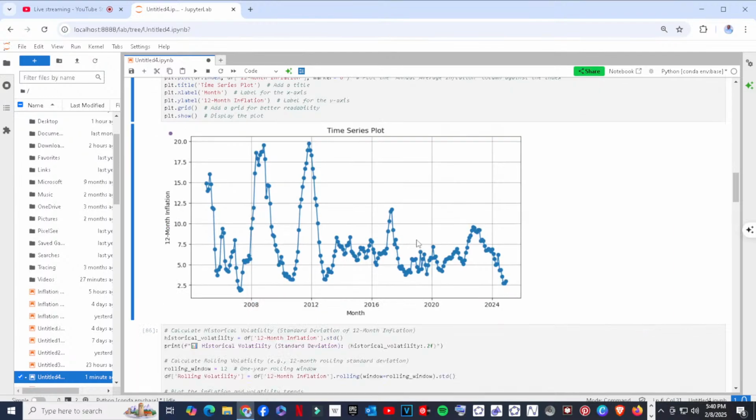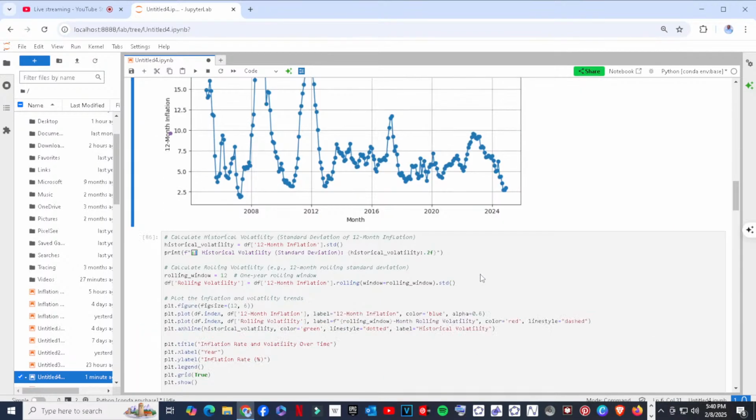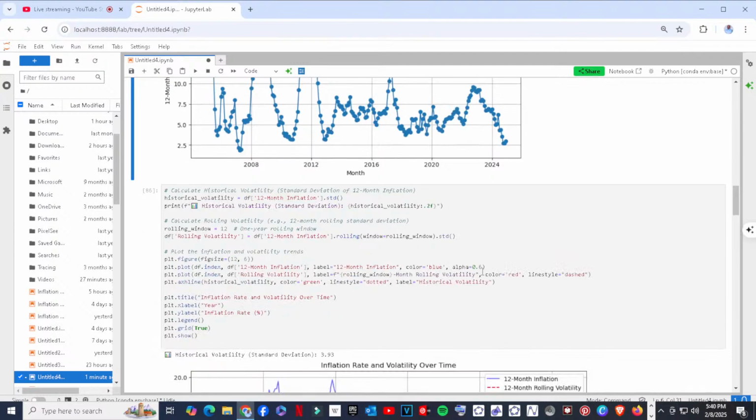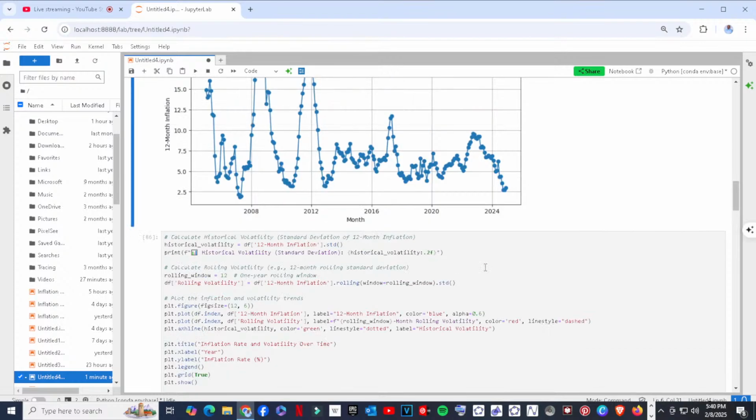So that is that. And next, the main purpose of having this presentation was to actually talk about volatility. So we need to estimate what the volatility is. We calculate historical volatility, that is the standard deviation of 12-month inflation, since we intend to carry out our analysis and forecast based on the 12-month inflation.